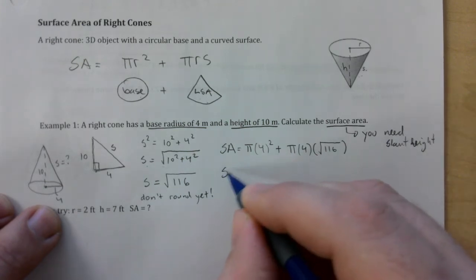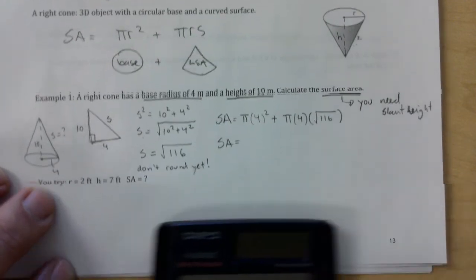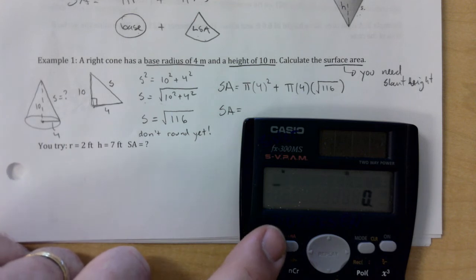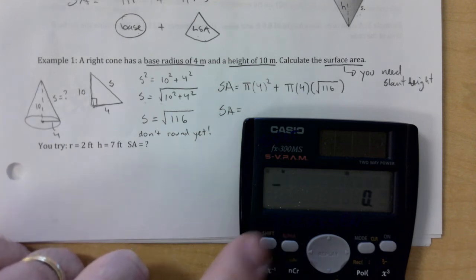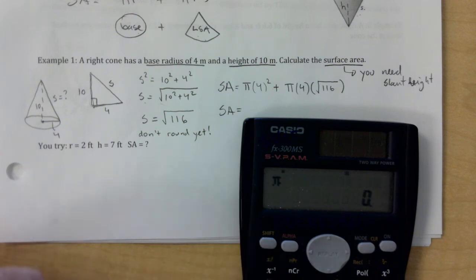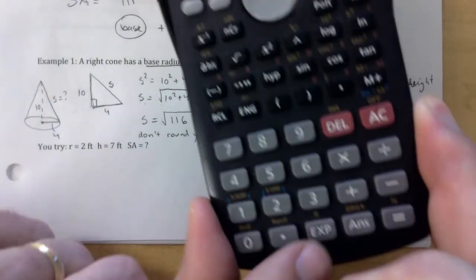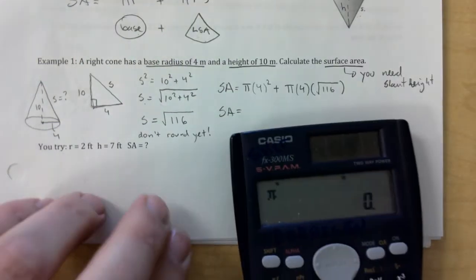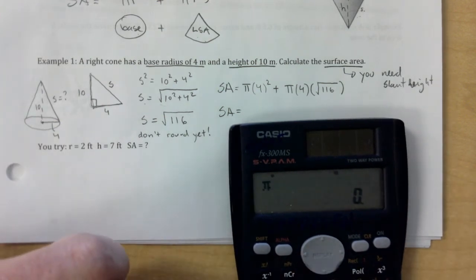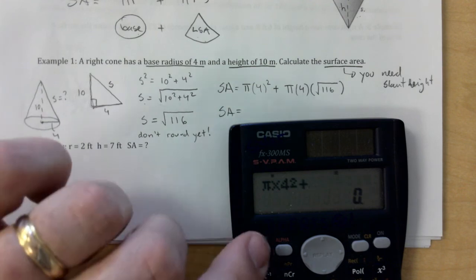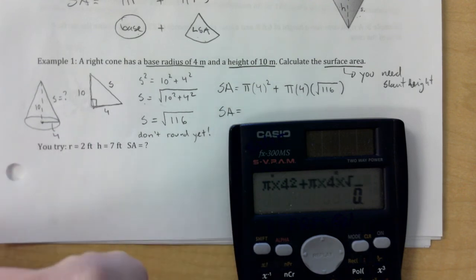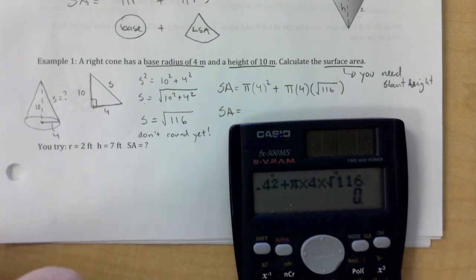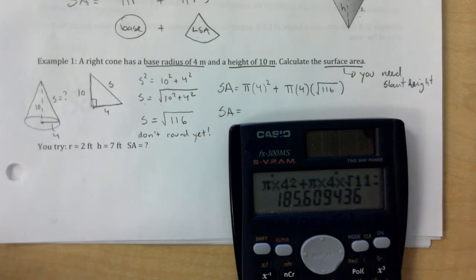Okay, and here's where having a good calculator is going to be a lifesaver. I'll show you how I type this in all in one shot. You should have a pi button. Don't use 3.14. I have to press shift and then way down here on my calculator, I see that little pi. Some of you actually have a pi button, even better. It's pi times 4 squared plus pi times 4 times root of 116. If you have a bracket, make sure you close it. Some of your calculators will put a bracket in automatically. And so you get